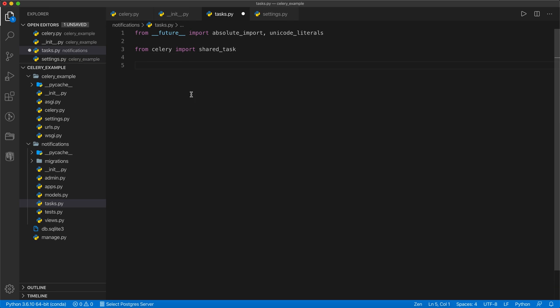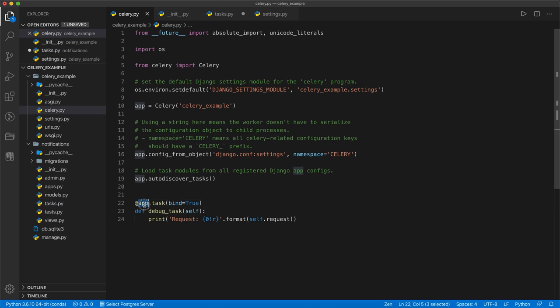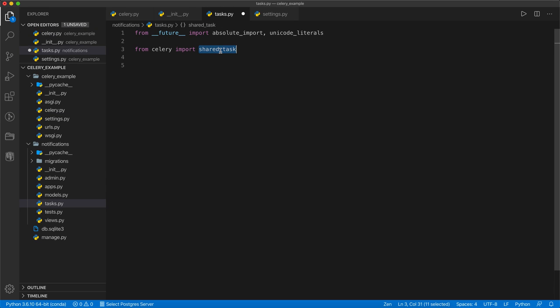Okay, so basically you can do it this way, as I can show here, app.task. But how can we use this in all the apps? If you do that, then those apps will not be loosely coupled. Sometimes there are apps which can be removed or added, so in that case, that should not be dependent on the project. To help with that, Celery has provided us the shared_task function, which will be useful for us.